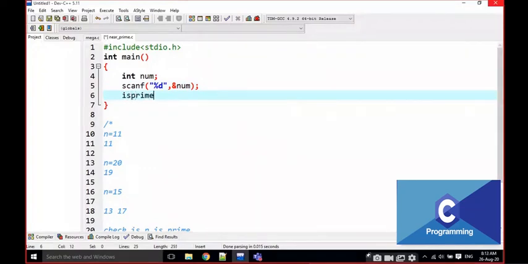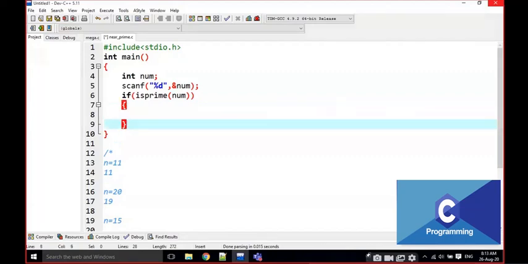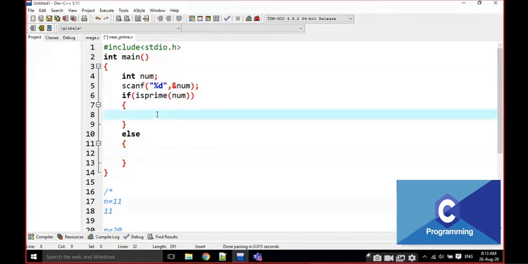Is prime functionality, is prime of num. If it is prime, there is no problem, right? The output is just simply printf %d comma num. That's it, nothing else. One step is done, right?